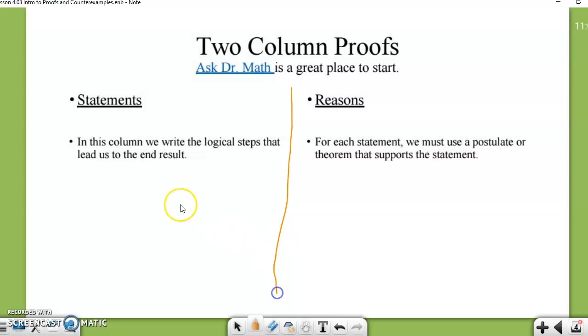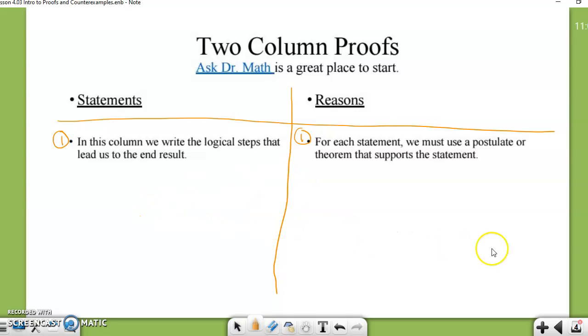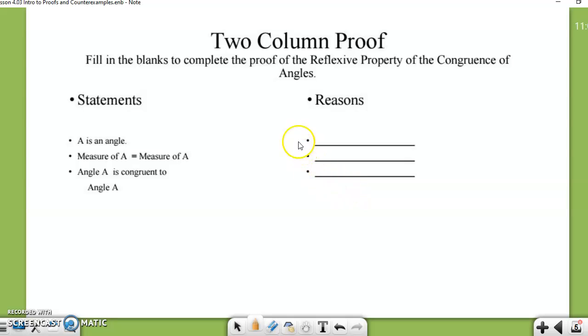And it's usually set up like this on a little T-chart. And we want to number our statements and number our reasons. This helps us line things up and make sure that we're reading them correctly. Okay, so this is a little example. It's kind of convoluted, so bear with me. There's no diagram. Normally you do have one, but I can help you with this one even if we don't have a diagram. Fill in the blanks to complete the proof of the reflexive property